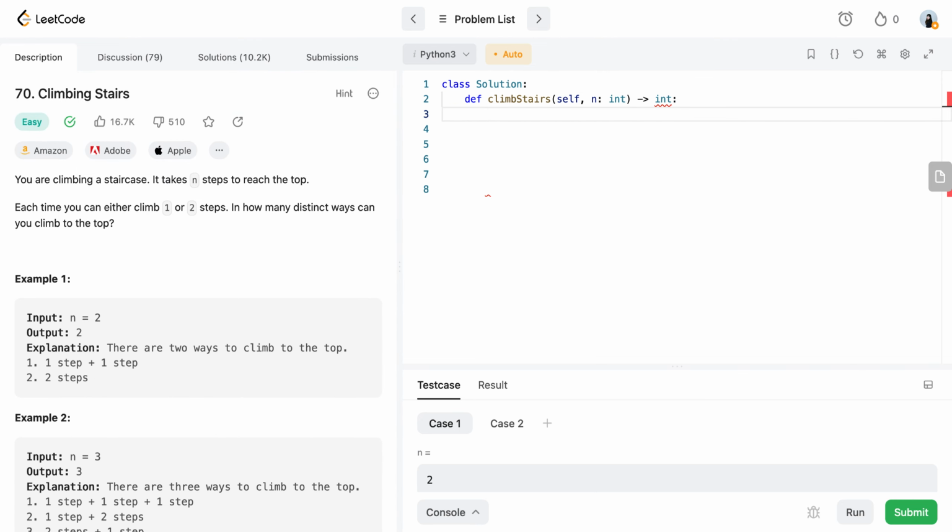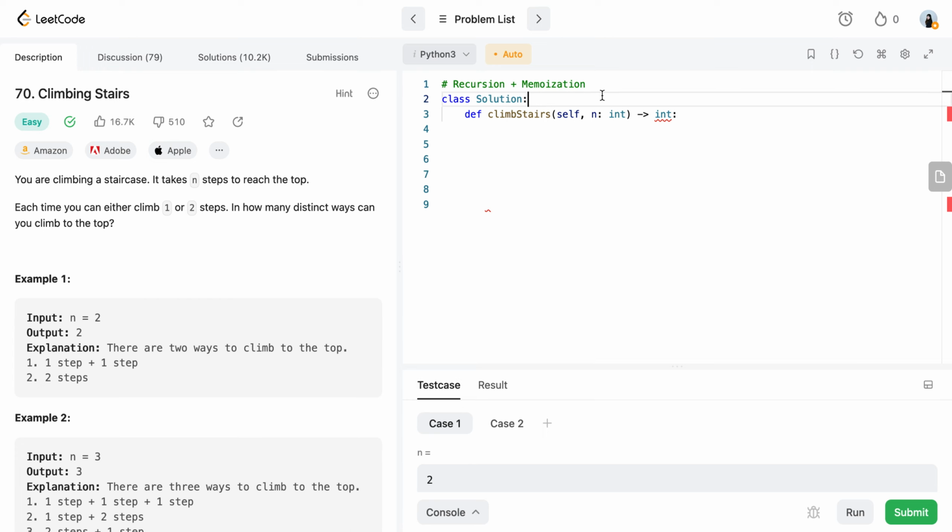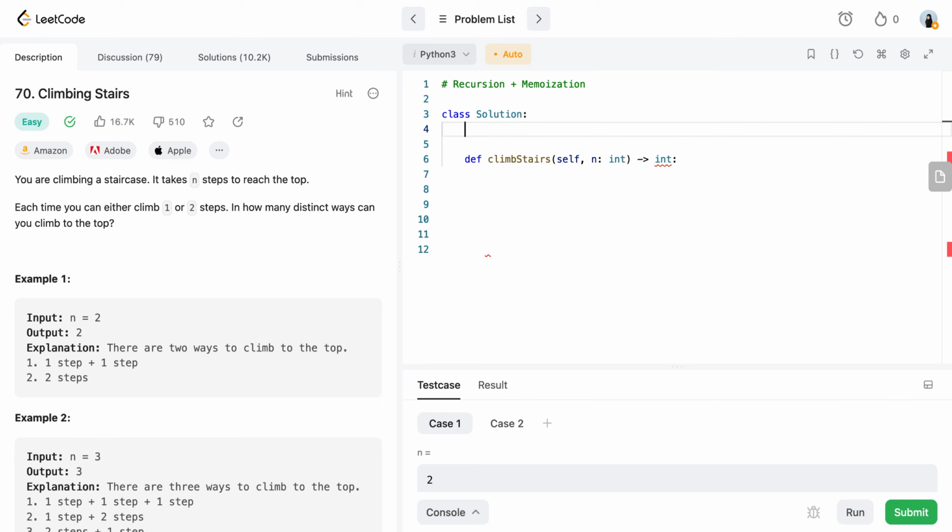So this is also another classic recursion problem, but to avoid the duplicate function calls from the classic recursion, we can solve this using recursion plus memoization. So for memoization, we usually have a hash table, so we can define our cache out here using